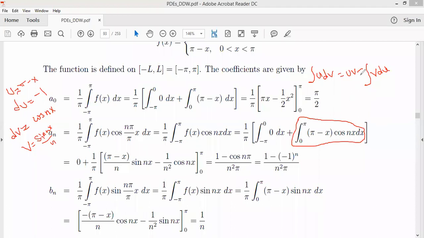So now let us substitute into this one. Guys, I'm hoping we are together. So if we substitute,